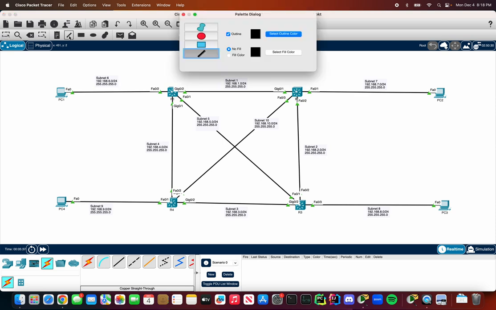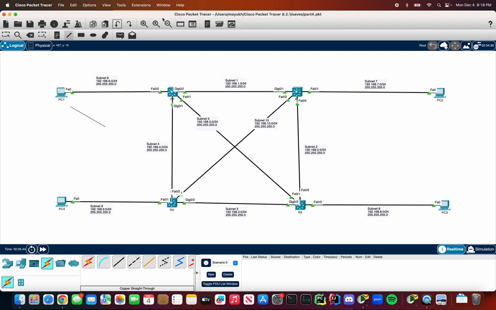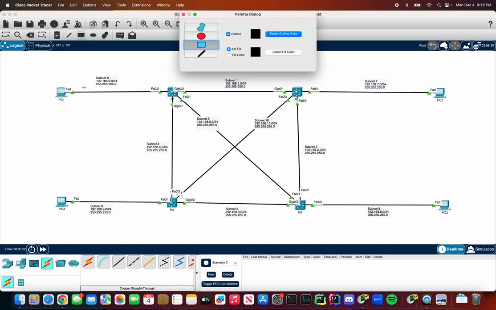I don't know if I can draw. Yeah, I can draw. No, that's a line. I want to undo that real quick. I wanted to draw a box, hopefully. Can I draw a box? Yes, I can draw a box. So like this right here